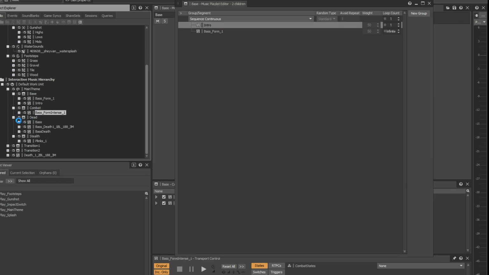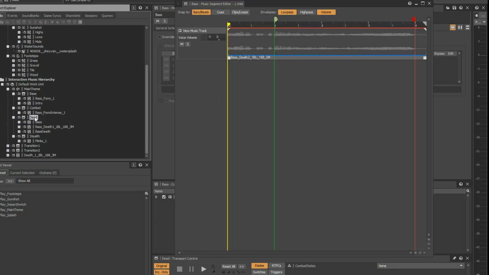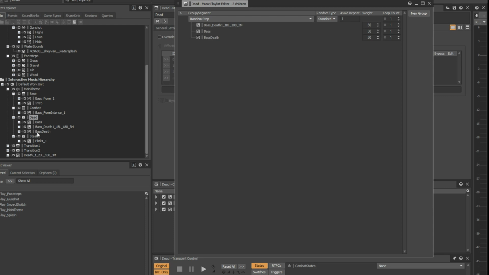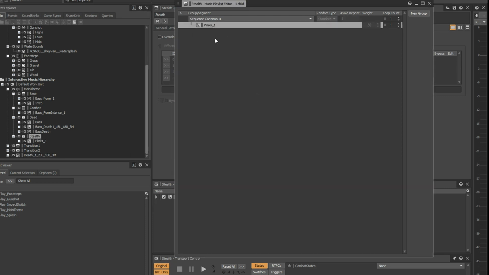And then we have the combat theme. We have the dead theme, which then has random step. It'll randomly play one of these 3 tracks. And then stealth just plays through this. But within each of these